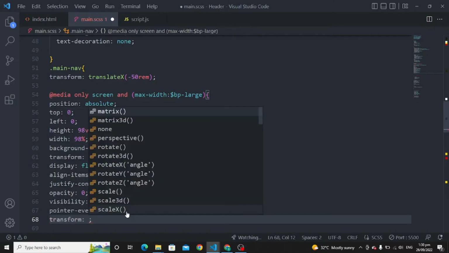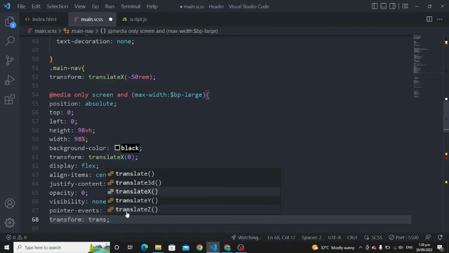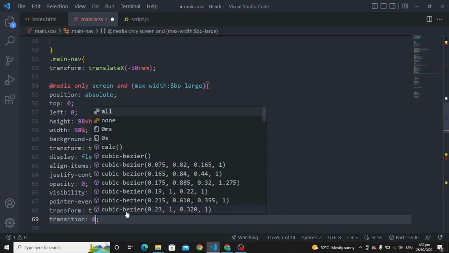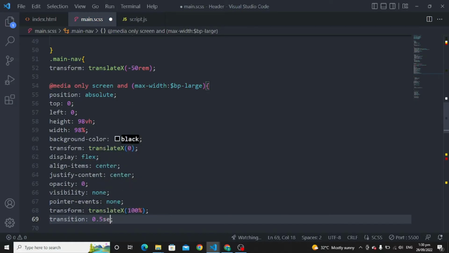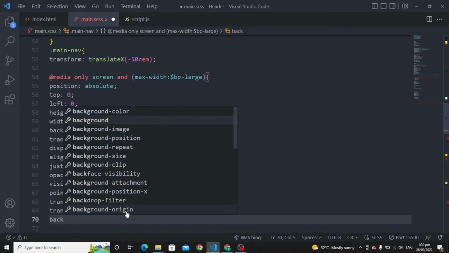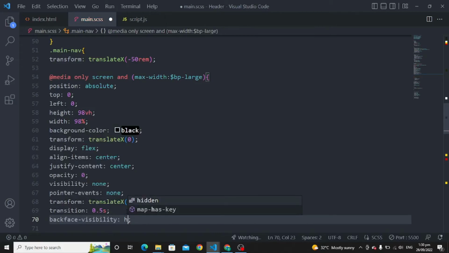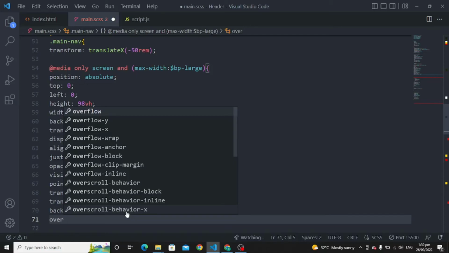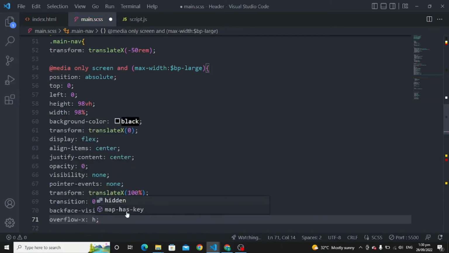transform to translate x to 100%, transition to 0.5 seconds, or we can use S, backface visibility to hidden, and overflow to hidden. As you can see,